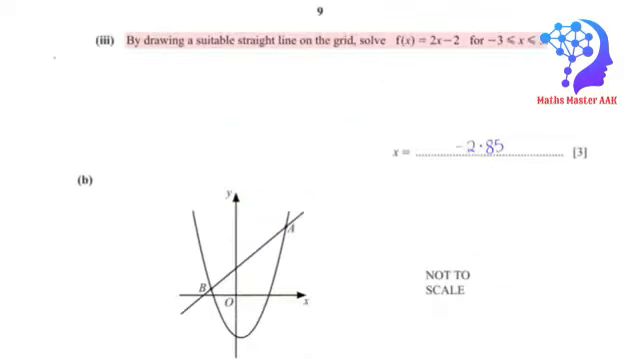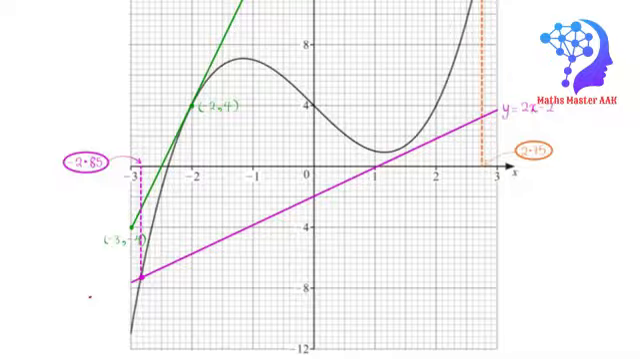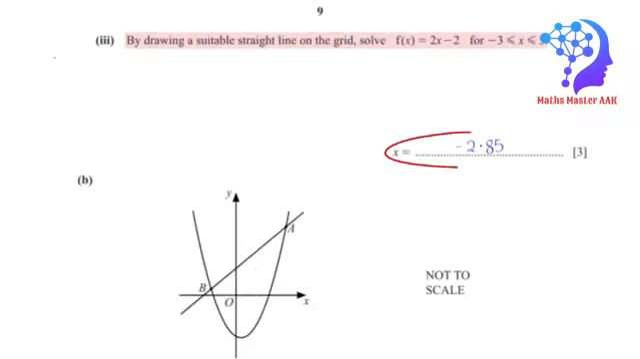By drawing a suitable straight line on the grid, solve f of x is equal to 2x minus 2 for x is greater than or equal to -3 and less than or equal to 3. So first, we are going to draw the line y is equal to 2x minus 2 on the grid. To solve for f of x is equal to 2x minus 2, we are going to note the x coordinate of the intersection point between the graph f of x and the line y is equal to 2x minus 2. When we do this, we get x is equal to